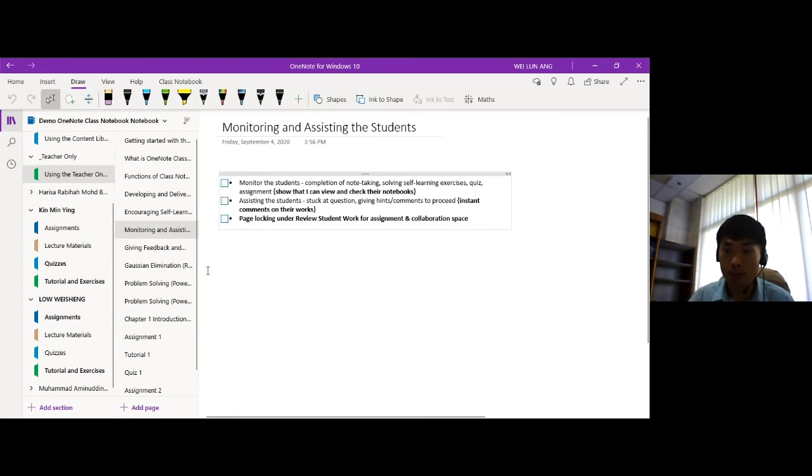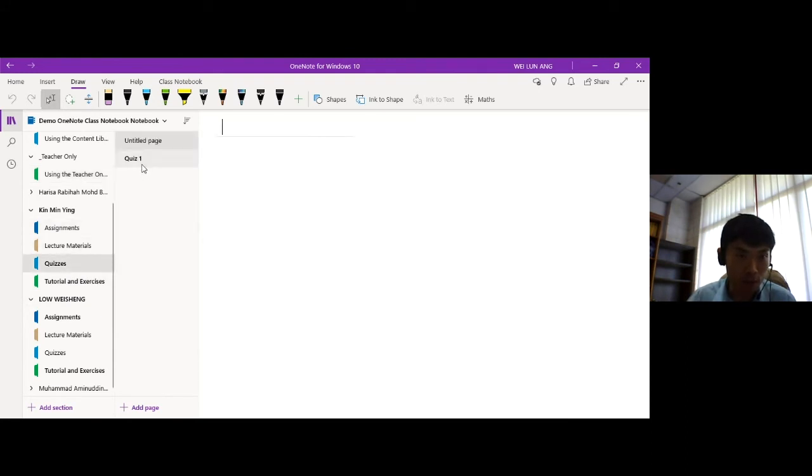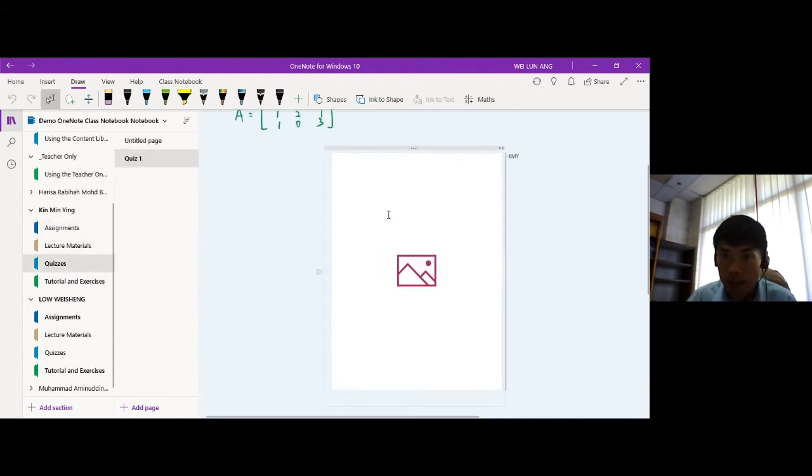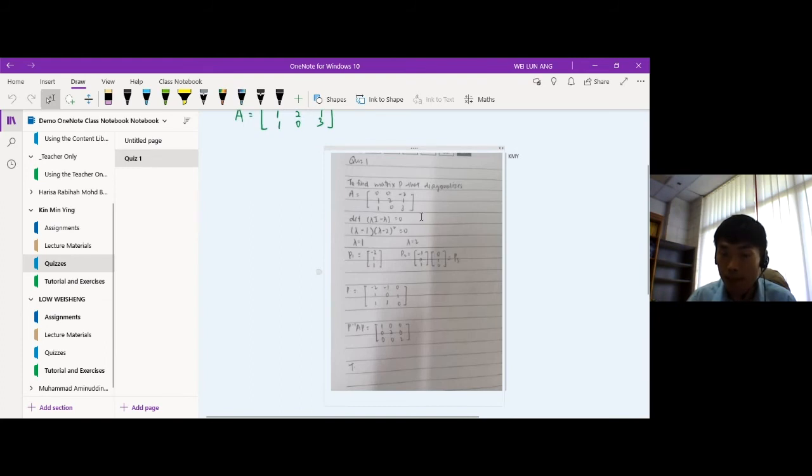So I can make it compulsory for them to solve the questions, and then I can view their solutions and see whether they managed to solve them or not. And if they could not solve it, I would encourage them to write out their problems. Maybe they're stuck at a certain place, or maybe they misunderstand a certain aspect.